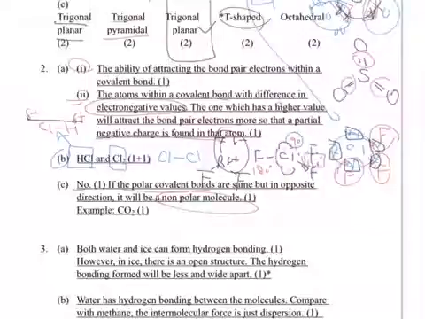Because I just simply use 2 marks here. I need you to answer yes or no. That means you agree or disagree about the statement. And 1 mark for explanation. And 1 mark, I want you to show one example that you can explain why there is polar covalent bond but the molecule is non-polar. For example here,